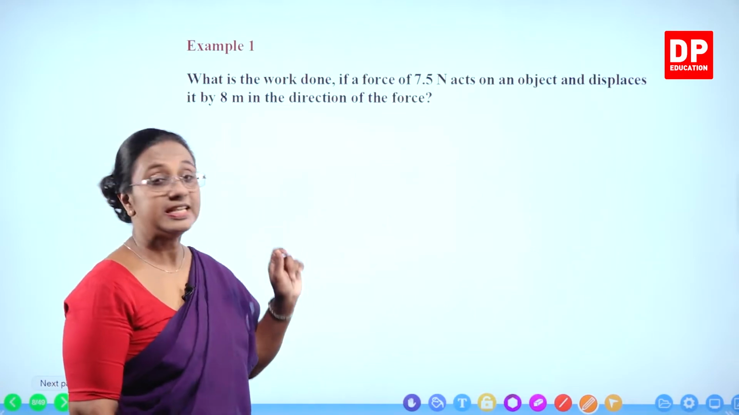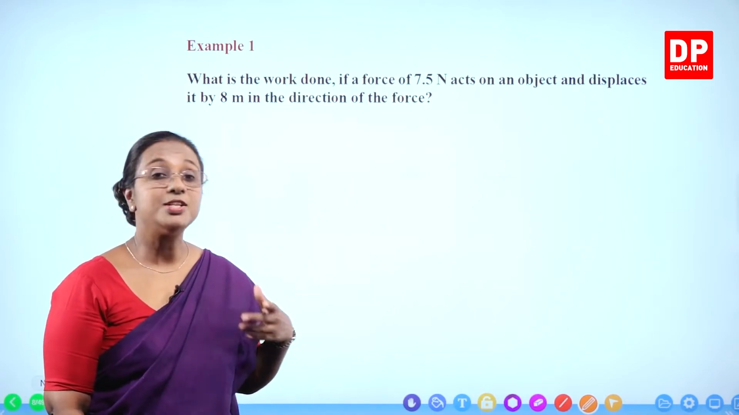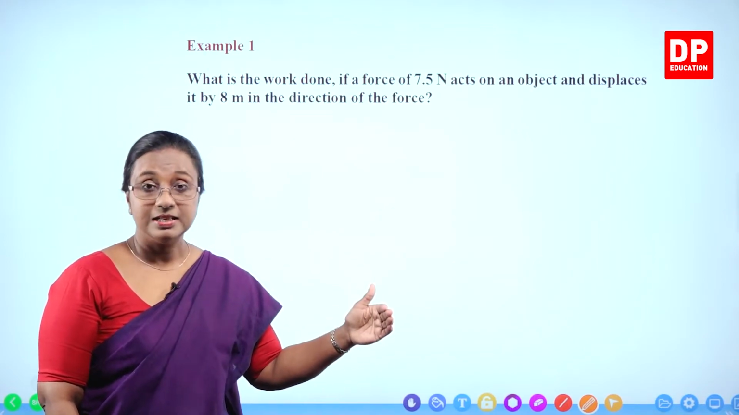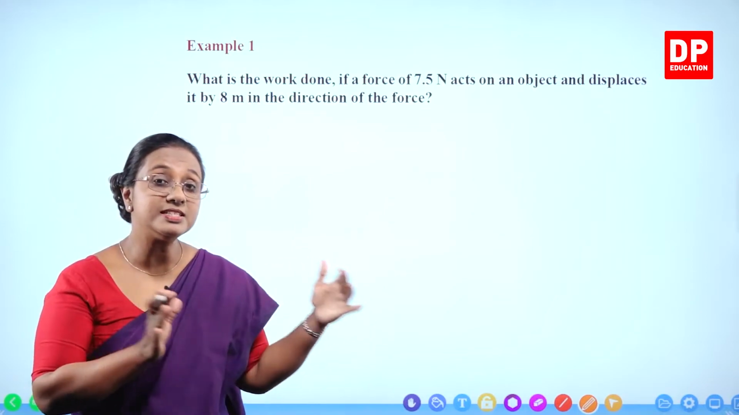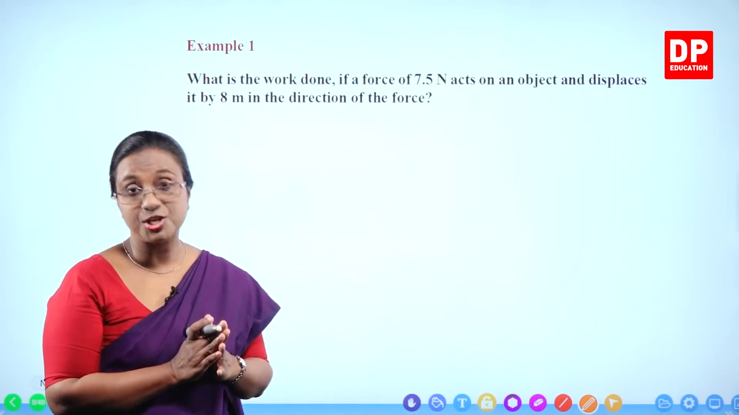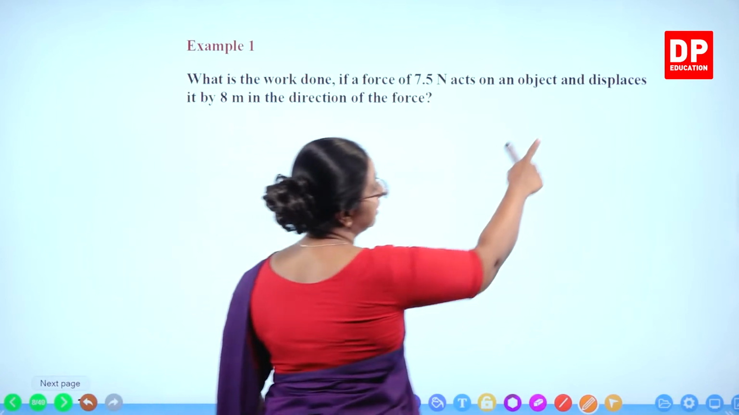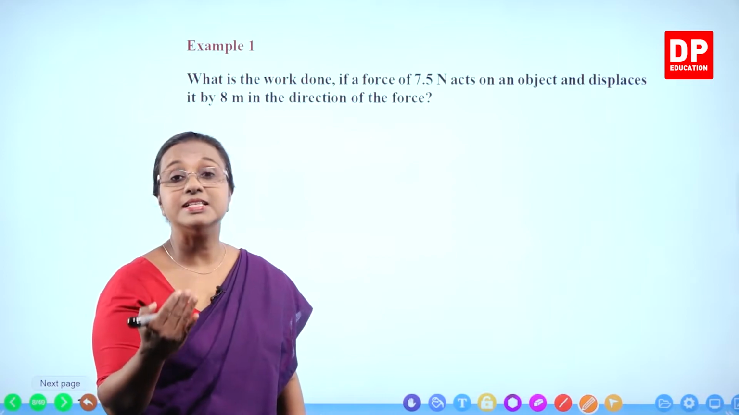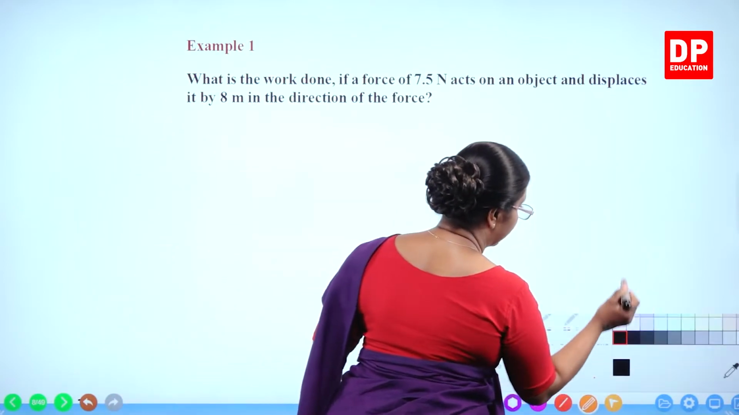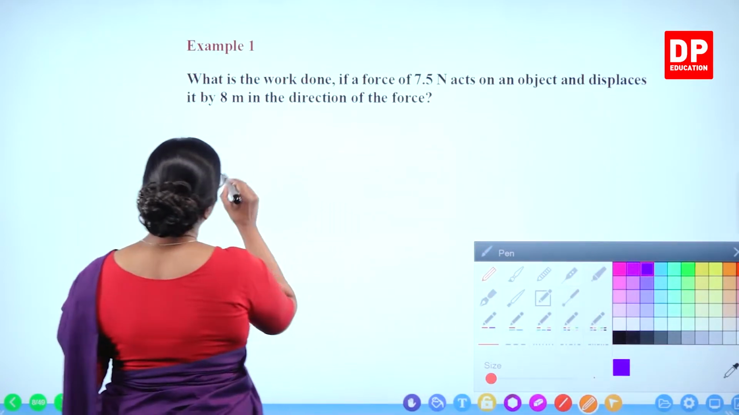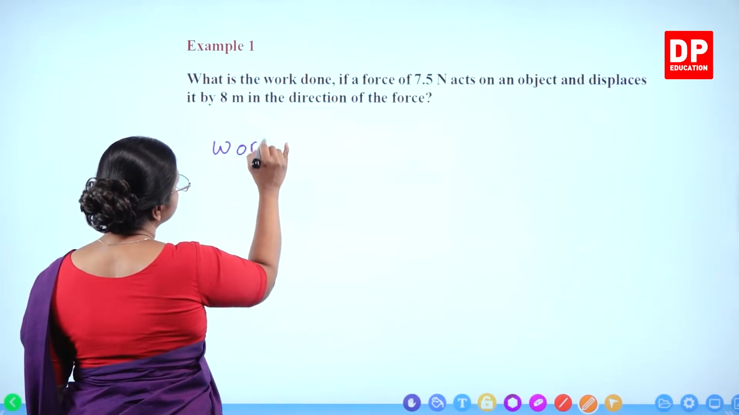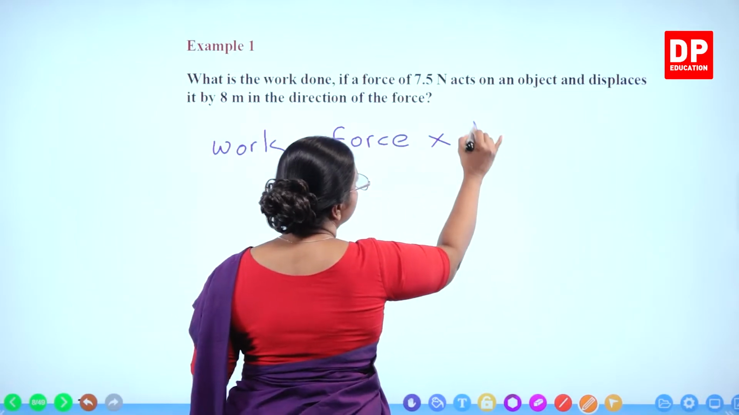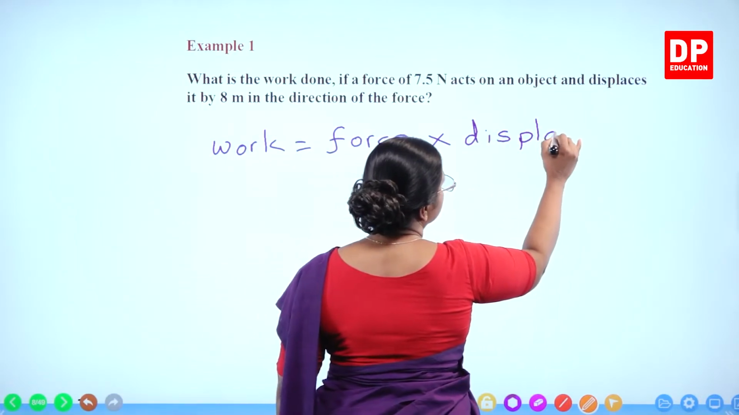So, here you all can see the term displaces. I told you all, since the object is being moved in the direction of the force, so the distance moved in the direction of the force, we can also use the term displacement, or we can say the object is being displaced. If we do the calculation, so what do we write here? Work, force into displacement,